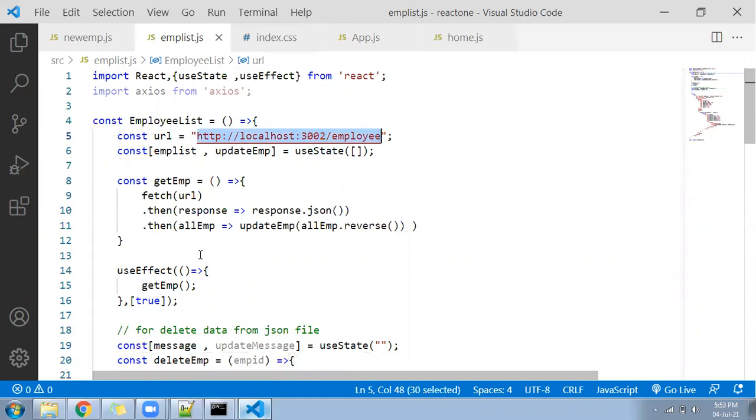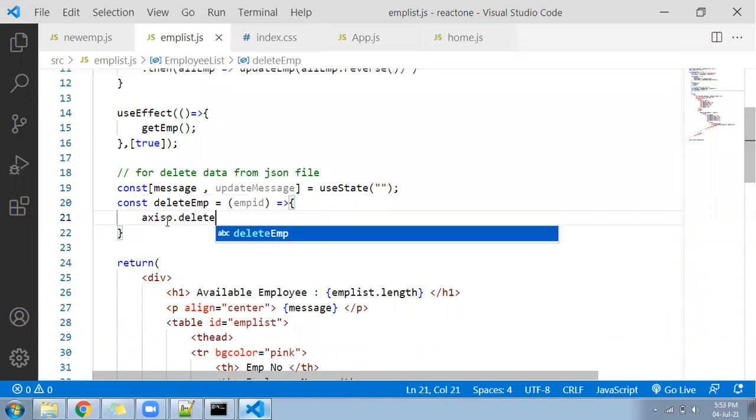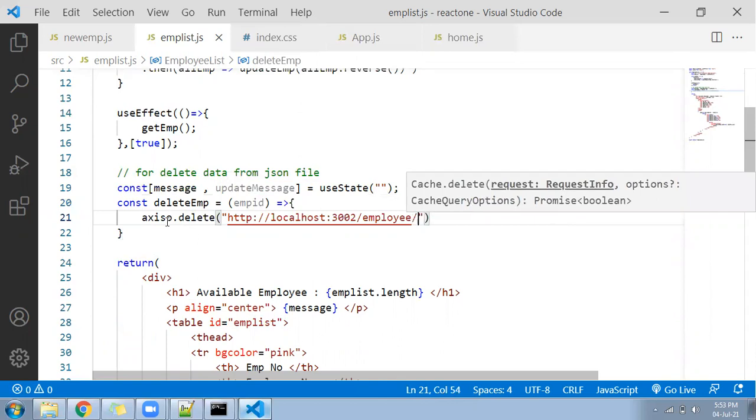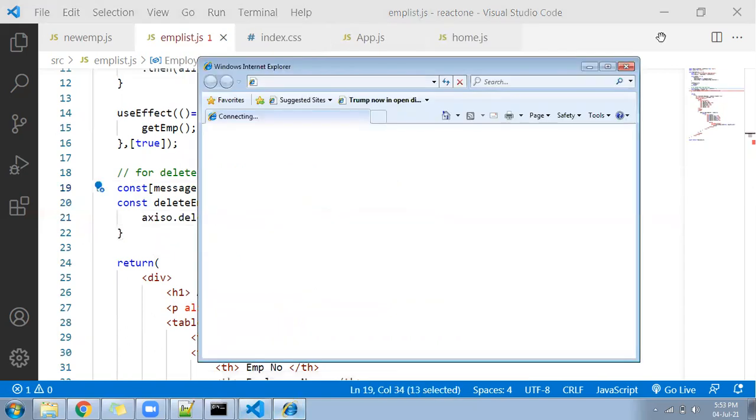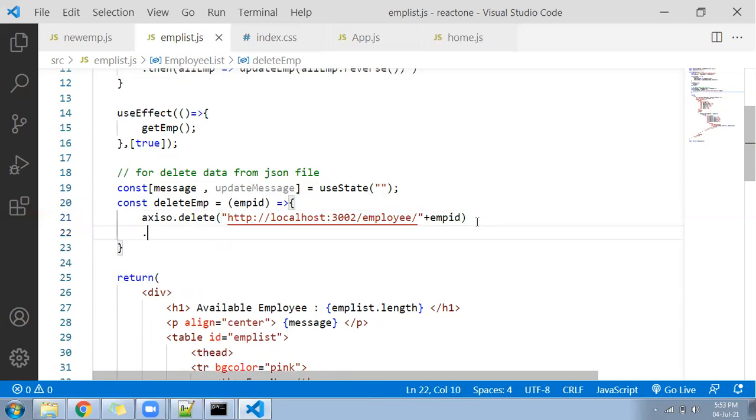To the same employee URL only, you are going to send the request using axios dot delete. Inside that, you will be passing the URL, slash, you have to bind that EMP ID. This EMP ID, you need to pass here. Because how will the delete function work? Delete function needs an ID, then only it will delete, right? Then come down, dot then